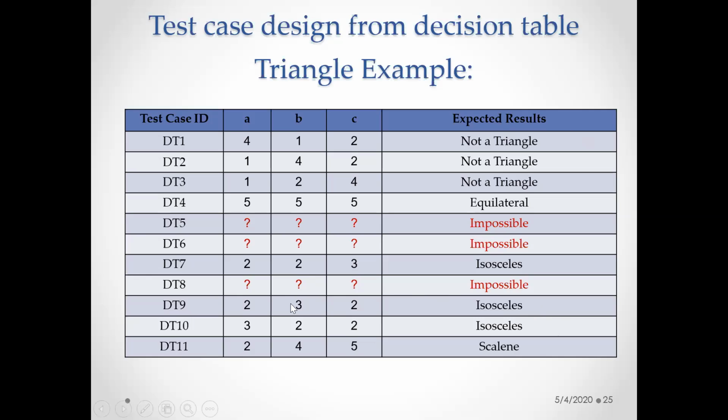With respect to this expected result, you can just plot one more column, that is nothing but your actual result. That is what you got from your program. Then you can compare it with respect to your status. You can just record it. Don't forget to write how many test cases you have designed, how many have passed, how many have failed. You need to record this for each and every program. So I have given an assignment for you to write it, so that all these things should be there.